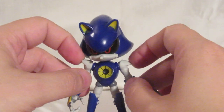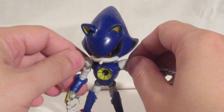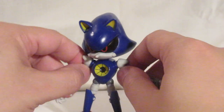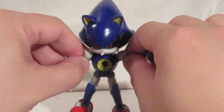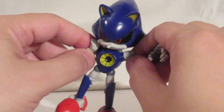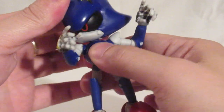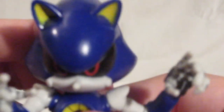On the Jazzwares figure, this was solved by making the shoulder armor a separate piece that could rotate out of the way independently of the rest of the shoulder. So, this does what the Tomy figure does, making the shoulder a solid piece. I don't like it too much. Nope, I do not like that too much. Of course,